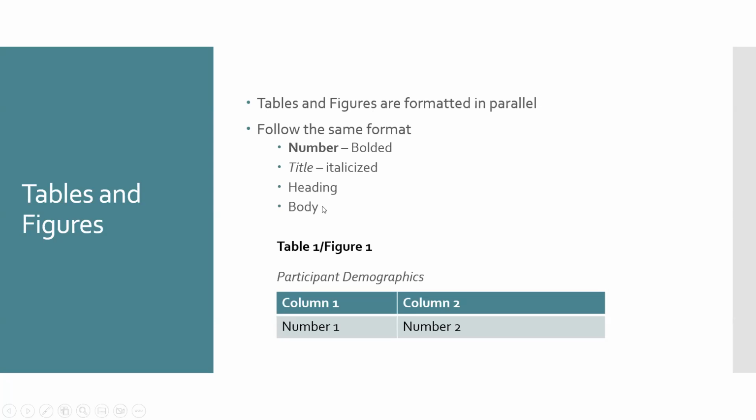Then you're going to have the heading, which is your top columns. So your heading is going to be the column headers. Column 1 could be participant number, column 2 could be means, or column 1 could be means and column 2 could be standard deviation. But basically at the top of the columns, you're going to title what's going to be underneath. And then finally the body. The body is going to be the actual numbers, the actual figure itself, what is underneath all of these columns. And I have an example on the next page.